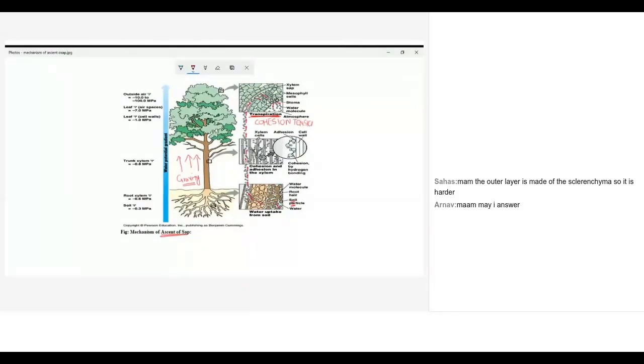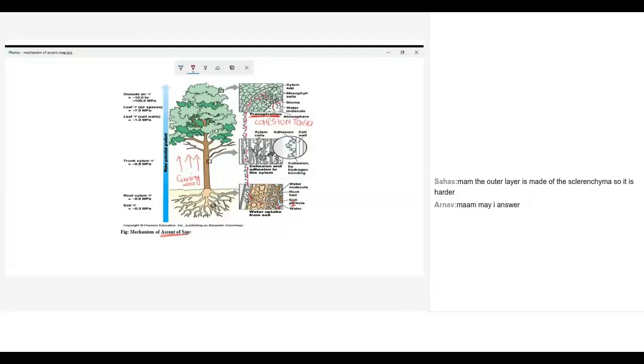Ma'am, loss of water from the plants. Yes, loss of water from the plants. How? Ma'am, through the leaves. Okay. How, through the leaves, is water lost by the plants? What's the word? Evaporation, isn't it? That's the process of transpiration in plants. Actually, the point is losing water from the leaves by evaporation, which we call transpiration in plants.